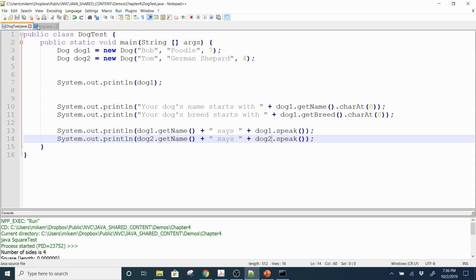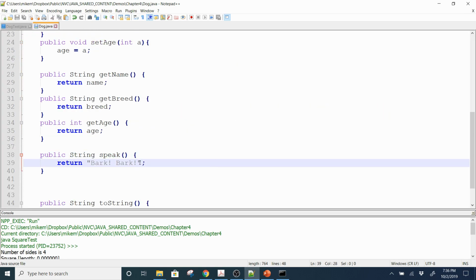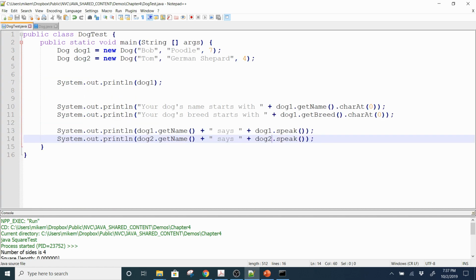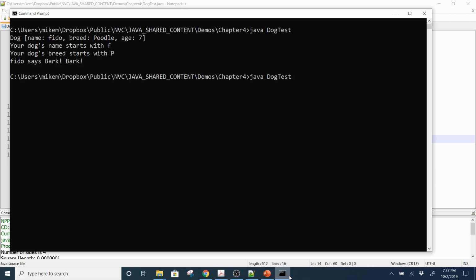So let me just go ahead and modify it just a little bit so that it's more personal to the actual dog, right? So I can say bark, bark, I am of the, and then we're going to say breed. Okay, so now the dog barking or speaking actually has more personal meaning to the actual dog that you're invoking this method on. So I'm going to go ahead and save this and come over here and compile